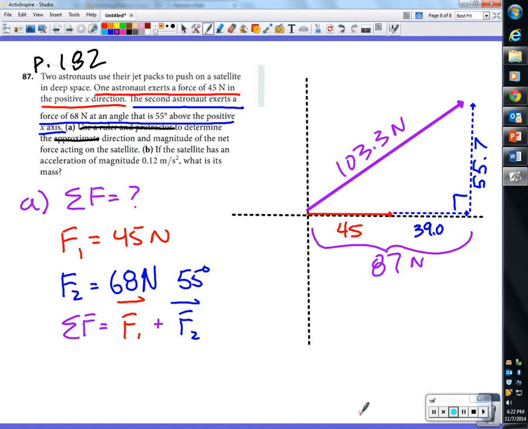Now, in reality, to find the net force, we would have to find that direction as well. It says in the problem, using the ruler and the protractor, determine the direction and the magnitude, but I'm just going to get rid of direction. Okay? All right. Then, just to finish this problem off,